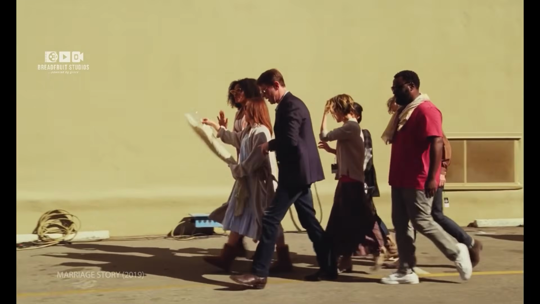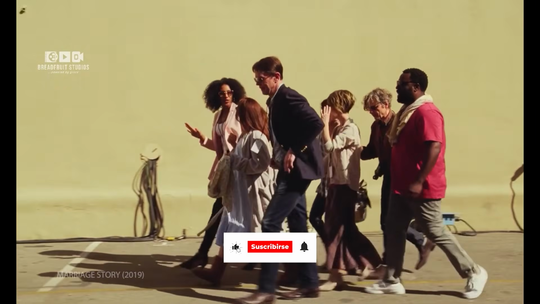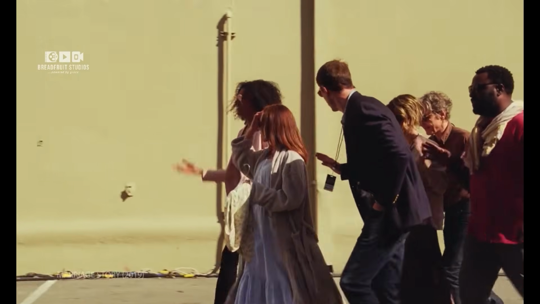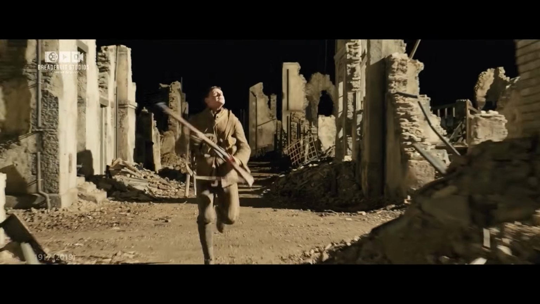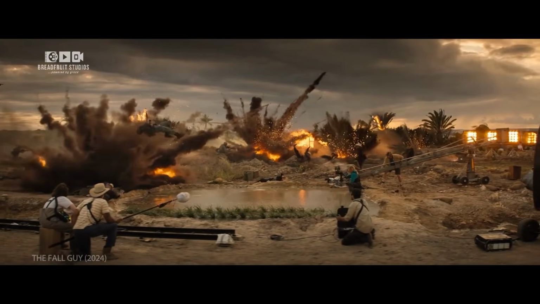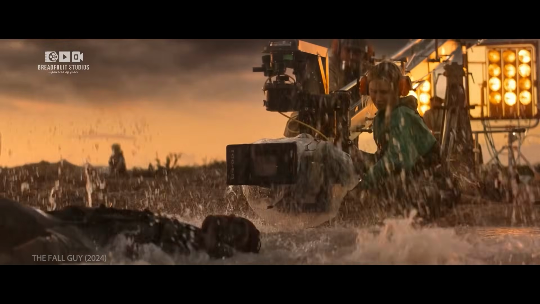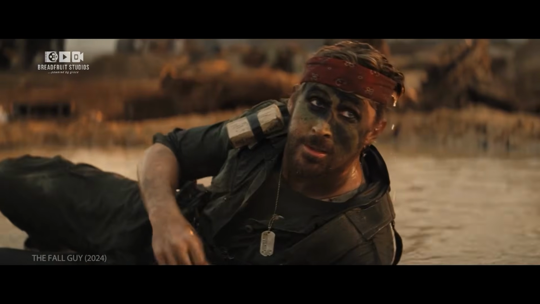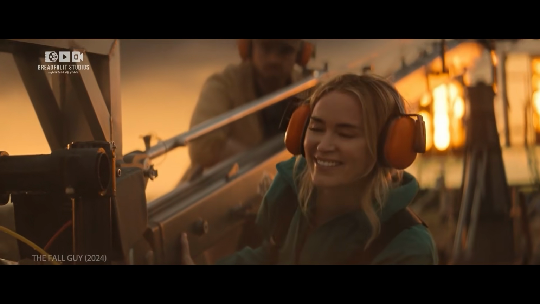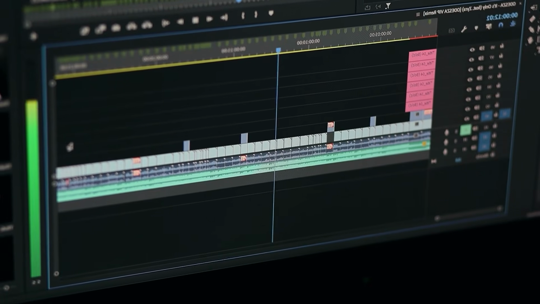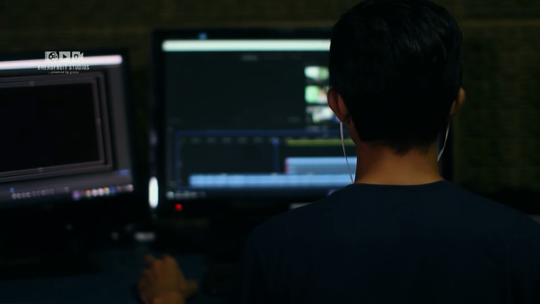So, it's important to maintain a consistent frame rate throughout your project to ensure a unified look and feel. If you must mix frame rates, like using slow-motion shots at 120 frames per second in a project mostly shot at 24 frames per second, make sure it's intentional and fits the story you're telling. Carefully match the motion blur and visual style in post-production to avoid a visual disconnect.